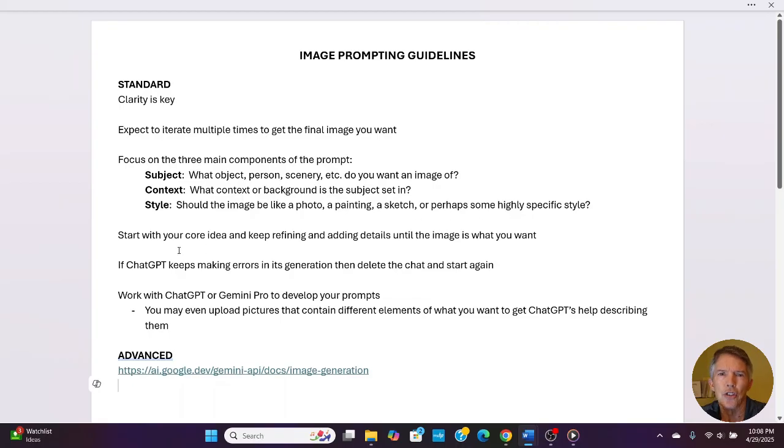And when you're doing this, start with your core idea. Keep refining and adding details till you get what you want. And if ChatGPT keeps making errors, then just delete the chat and start over again to get yourself out of that doom loop. And to help you along, especially if you don't have experience, work with ChatGPT or Gemini Pro